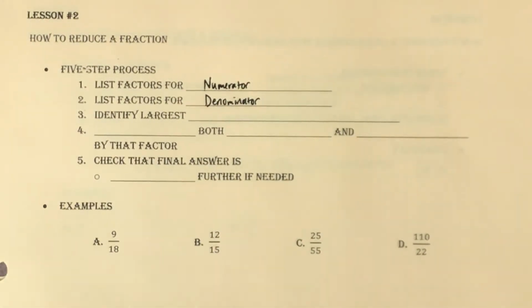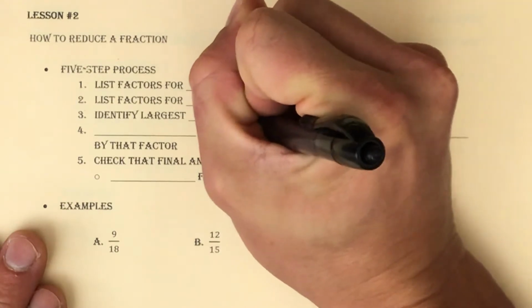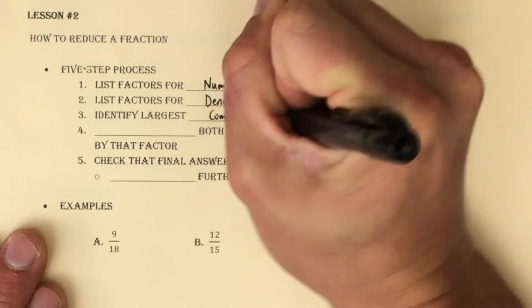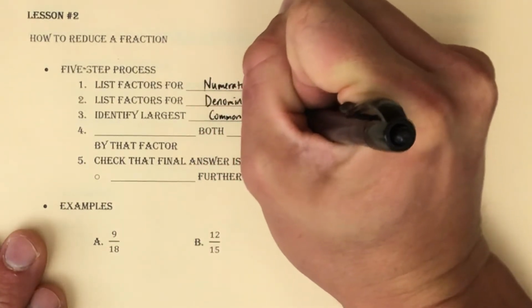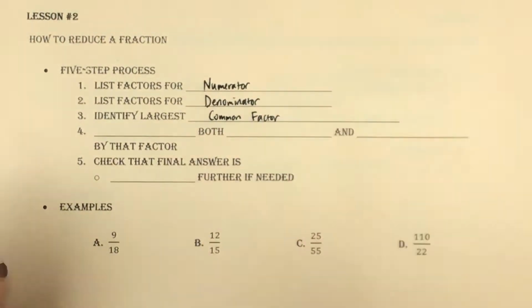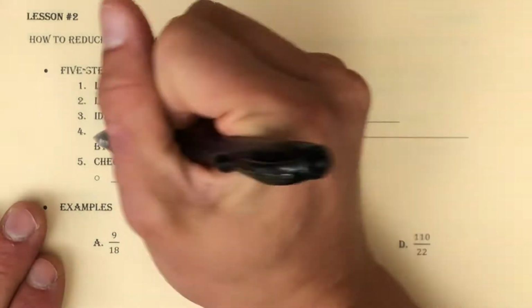After we've figured out the factors for both, we're going to identify the largest common factor. So what one do they have in common? Is there any one bigger than 1? If there is, then we've got something we can do to reduce the fraction. If 1 is the biggest number that goes into both of them, then there's nothing we can do to reduce the fraction. So once we've figured out that common factor other than 1, then we're going to divide